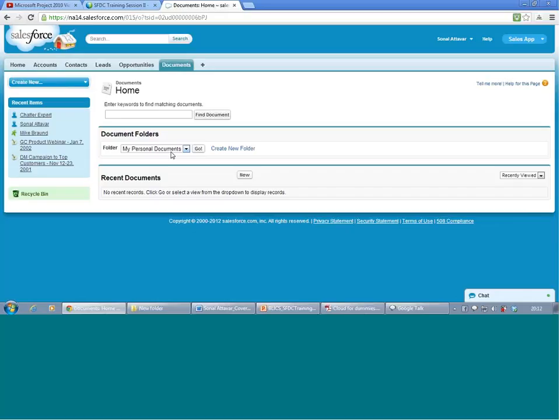So this is about apps. In Salesforce there are two types of objects. One is called standard objects, and another is called custom objects. The standard objects are the ones which come as part of the out of the box product, and the custom objects are the ones which you go and create, and they're part of your custom cloud. If you want to translate into technical terms, an object can be compared to a table in a